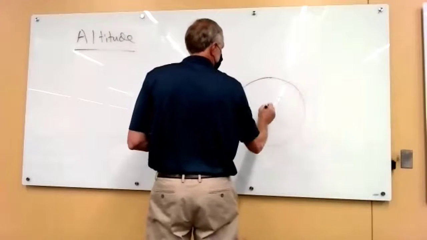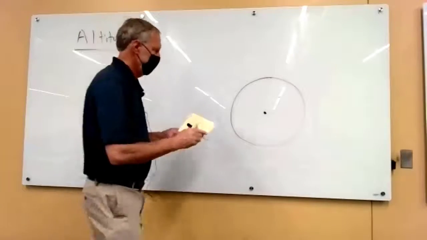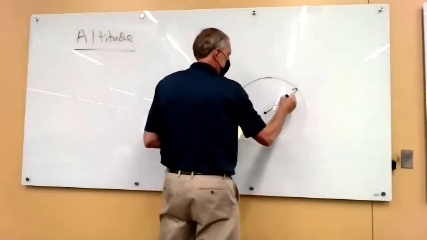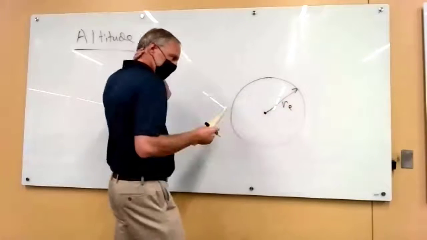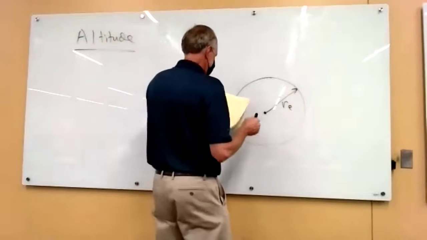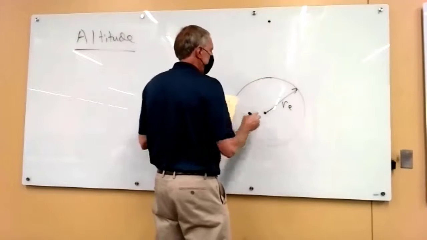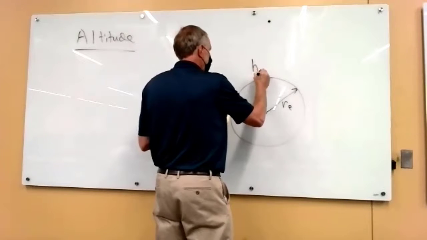So here's the Earth. There's the center of the Earth. And the Earth has a certain radius. And so if we're up here a certain height above the Earth, we either have absolute altitude,